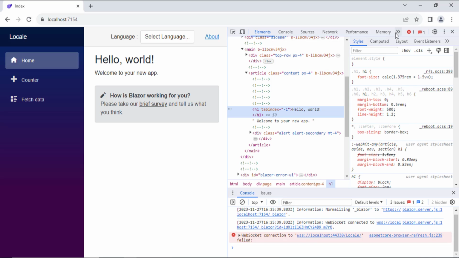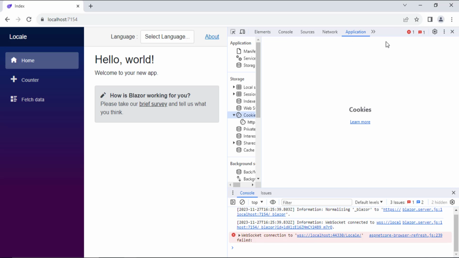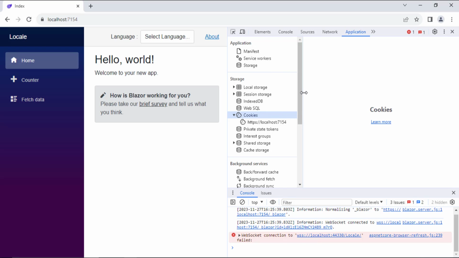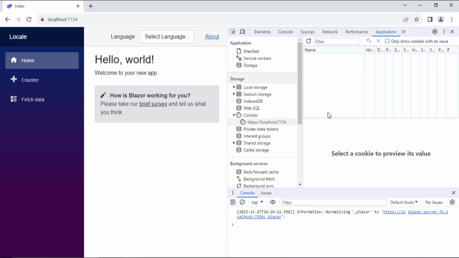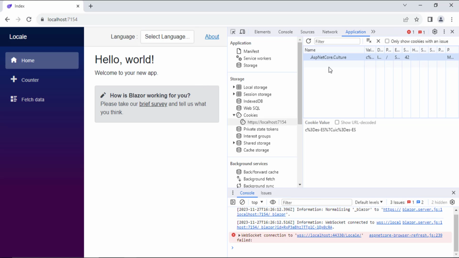I'm going to go to where it's written application, and I'm going to go to where it's written cookies, and I'm going to choose this, which matches our port. And you can see that there will be this cookie for ASP.NET Core Culture, and whenever you click this, you can see that I'm having this as en-US,